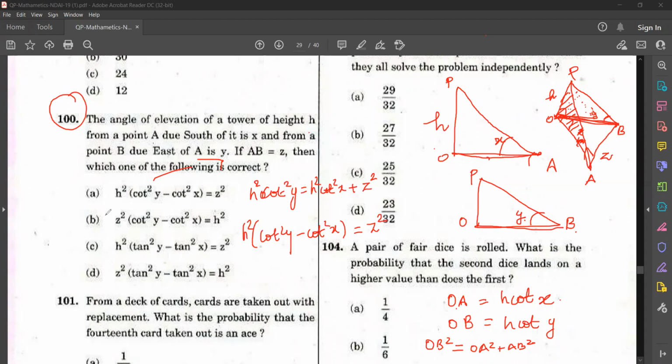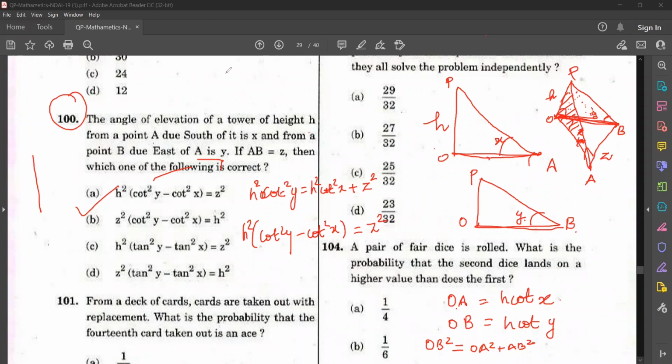Okay, so which is the correct option? Option A is the correct answer. So listen, the only confusion is in the figure. So that's why I have drawn these two with the help of separate triangles. Okay, so the actual figure will be like this; if you want, I can again show how to draw. Only the confusion is in drawing the figure and identifying the right angles.